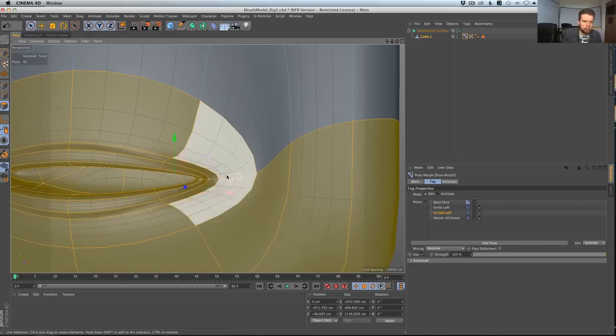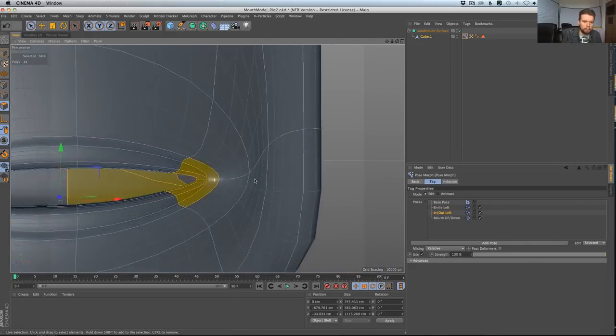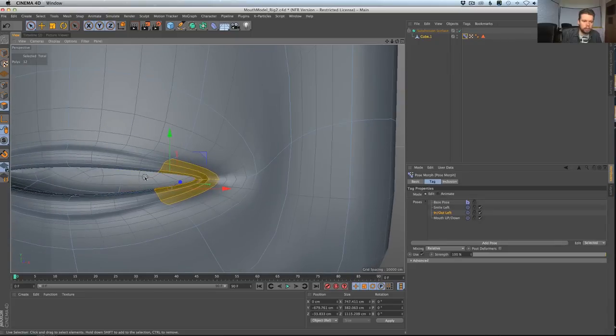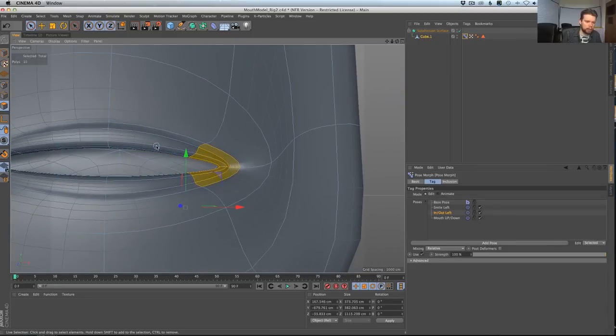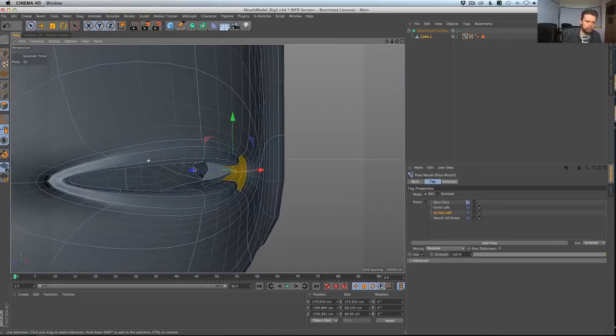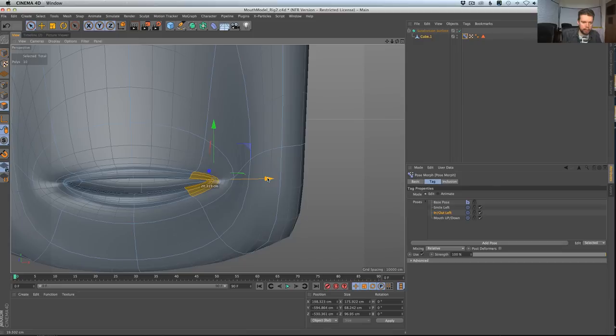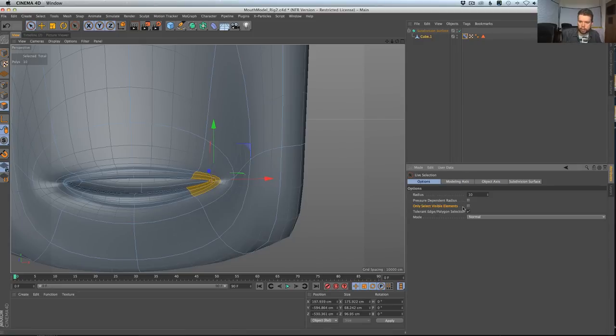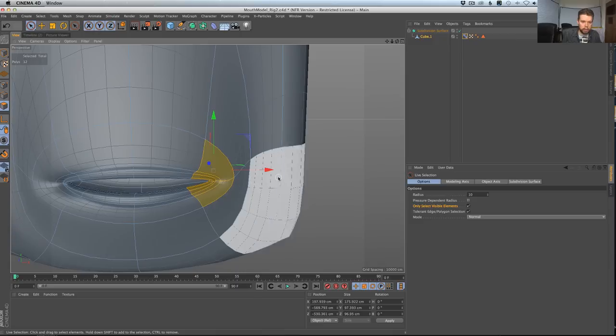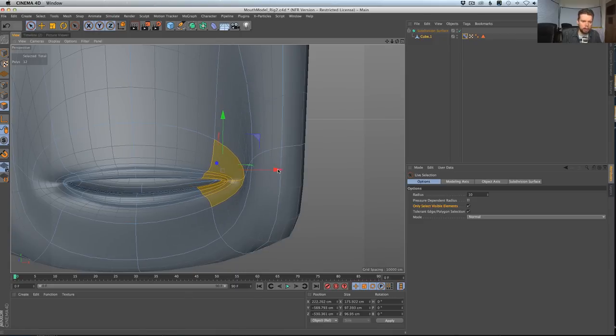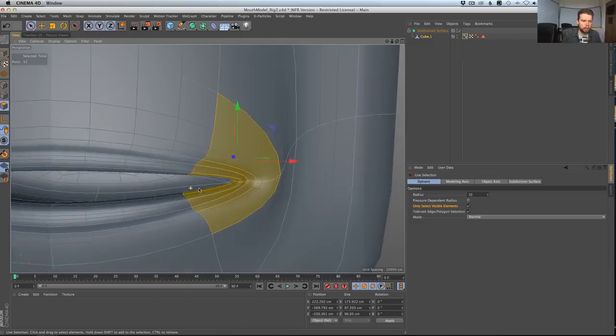So what is in and out going to be? Well, in and out is just going to be really simple. I'm going to grab these points and polys. Got to be very careful about not selecting these ones behind you. See, I did accidentally have some. And I'm going to pull it out. Let's make sure I'm not selecting through the model. I'm going to grab these, and let's pull out a little bit more. So it's stretching all that out pretty well.